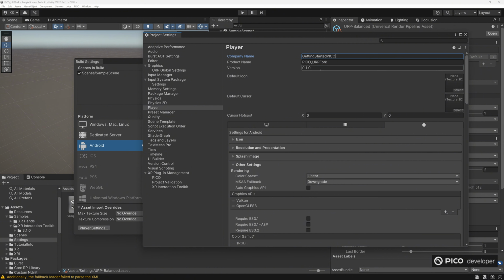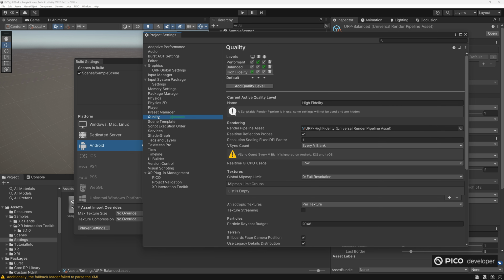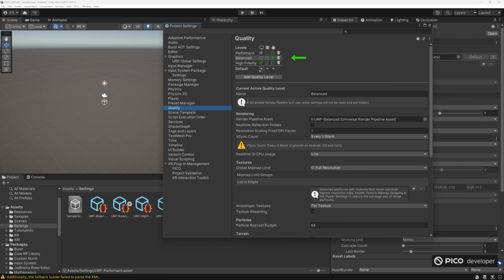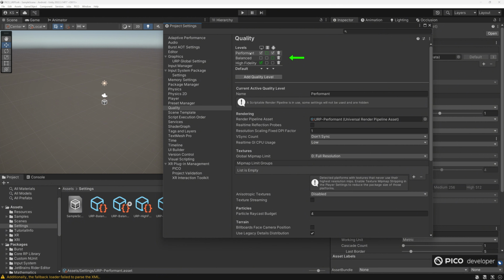Let's change a few settings in project settings. Change your company name, whatever you like, version, whatever you guys like. Okay, let's go change the quality. So go to quality. Right now it's high fidelity. If you click on balance or performance, it will automatically change the current render pipeline it is using. And let's go ahead and change this to performance, and make sure it's using, let's just do performance only